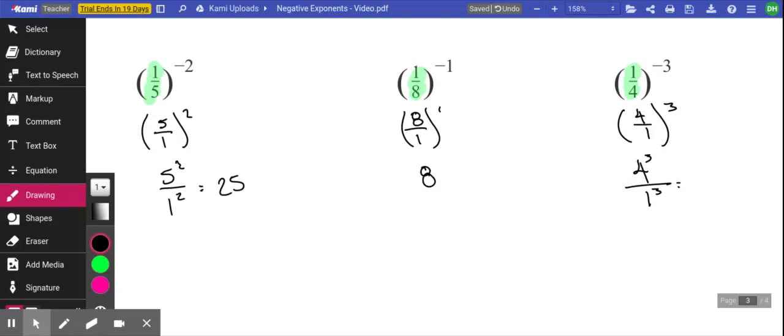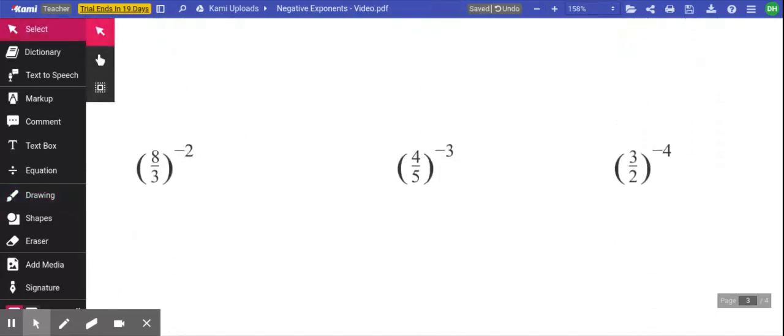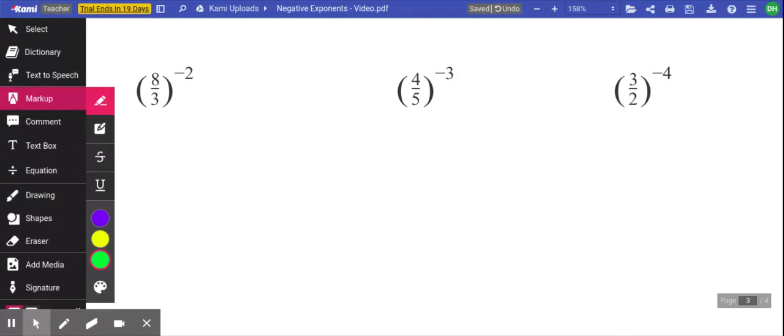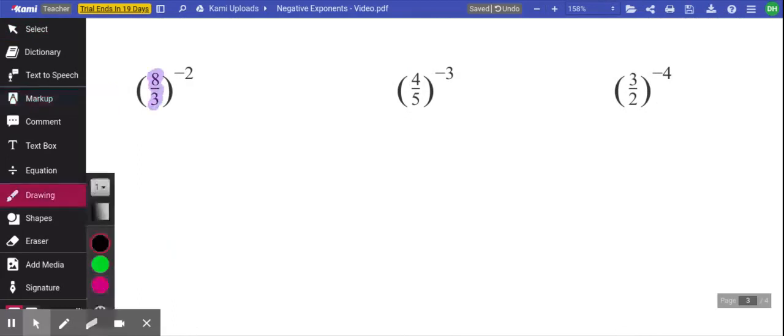And sometimes 4 to the third isn't supernatural yet, and your first instinct is to still pick up that calculator. But I think you're gradually going to get so many reps with this that it's going to really roll off the tongue. And that's going to make 64. So 4 to the third is 64. All right, some slightly more challenging ones, but the process is the same, isn't it? Just reciprocate that base, right? So now we've got 3 on top, 8 on the bottom. That forces the exponent to become positive. So now we'll distribute that exponent. So we got 3 squared over 8 squared,